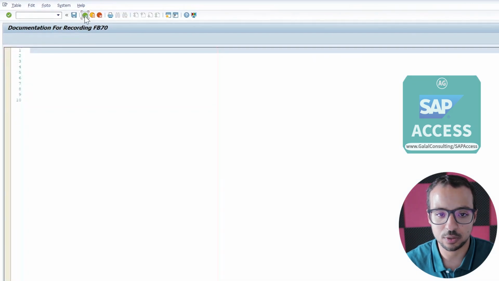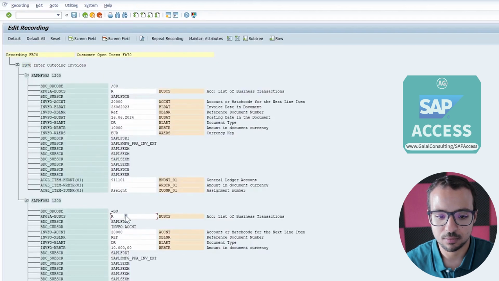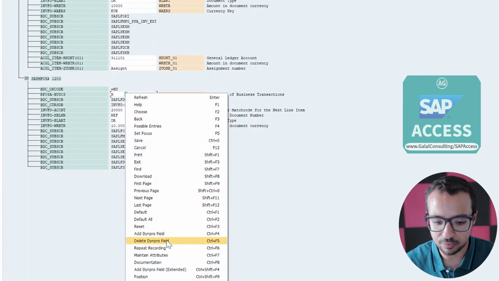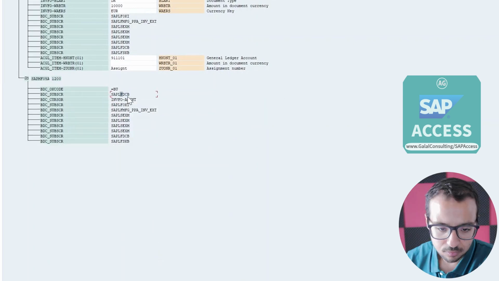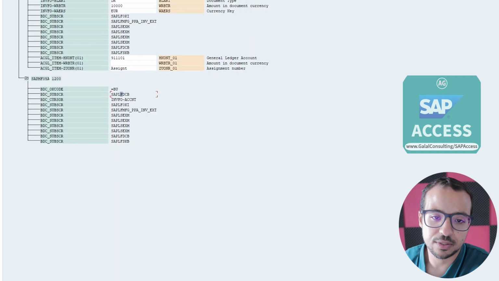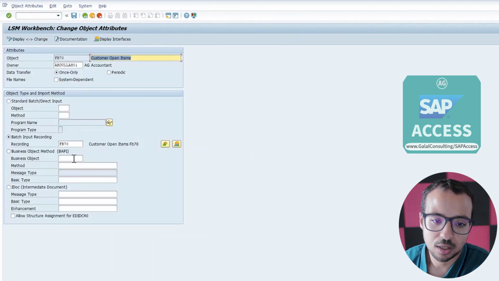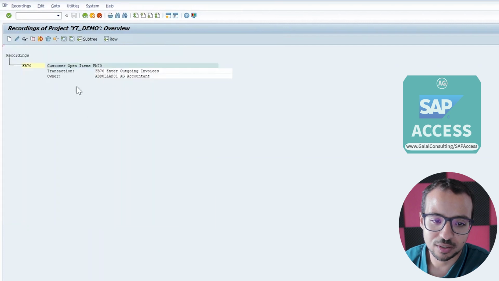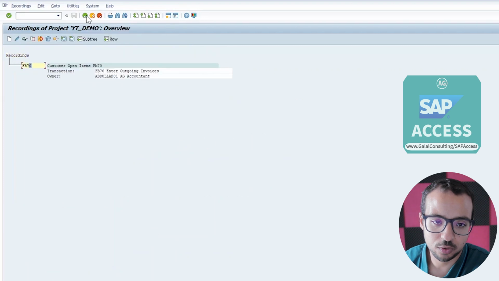So let's go back, click on change. And here I will delete the fields. So delete the Dynpro field, delete. So I have deleted all the fields here. I will save, go back. Now let's go again and just make sure that they didn't come back. So now we don't have any fields in this screen. All good. Let's go back,